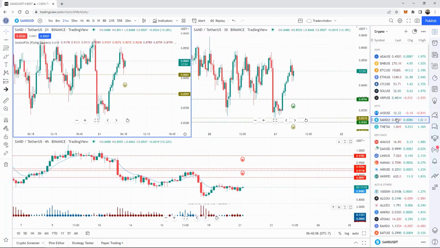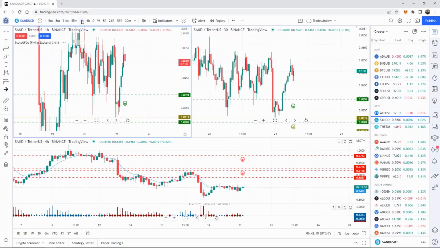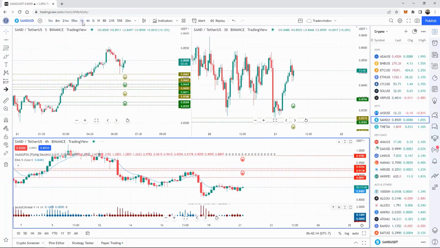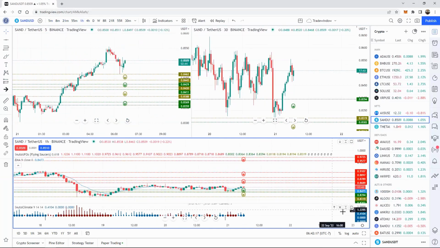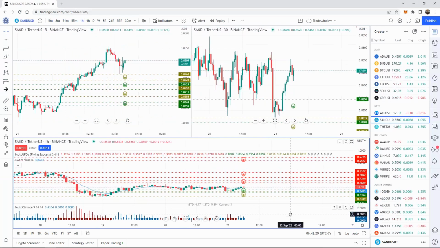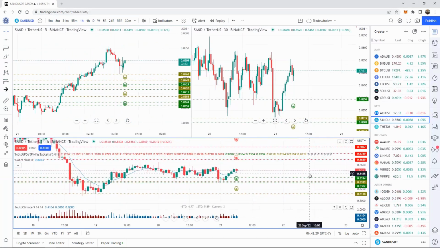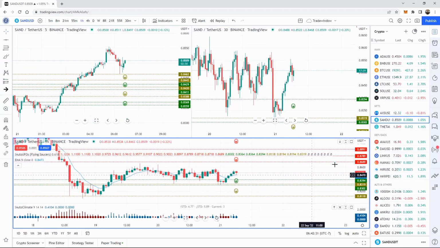Okay, Sand, unconfirmed on the 4 hour. Oops, not what I meant to do. Second out of typically 5. So second confirmed hourly climate out of 5. We don't have a lot of opposition our way. It looks like we might have missed the boat a little bit on this one